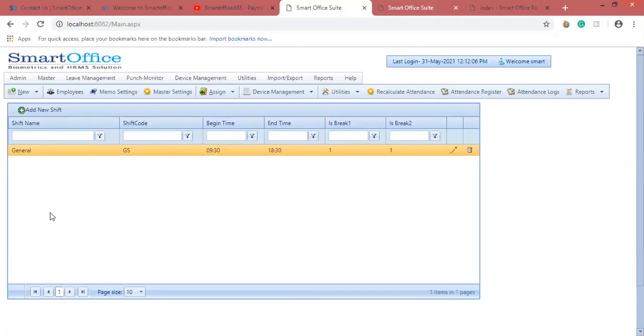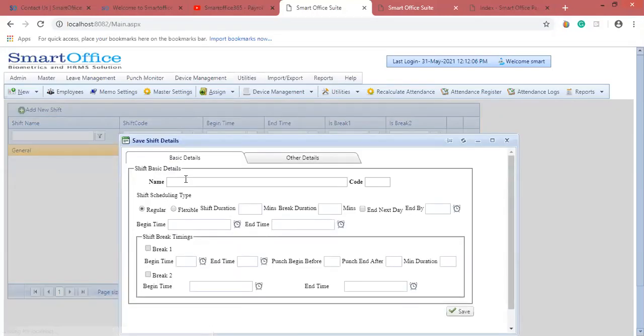Suppose you have multiple shifts, like a morning shift and a night shift. In that case, what happens? If you have a particular end by, then you can go for a flexible shift. If you don't have a particular end by, then please create the shifts according to your shift timing. Say for example, I have a morning shift, but make sure that your shift timings will not be clashing.